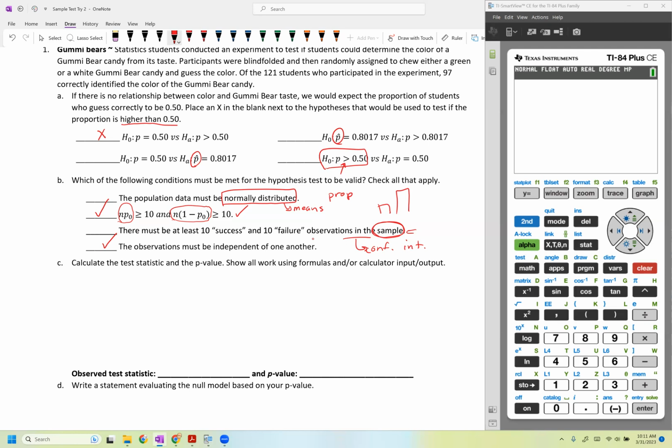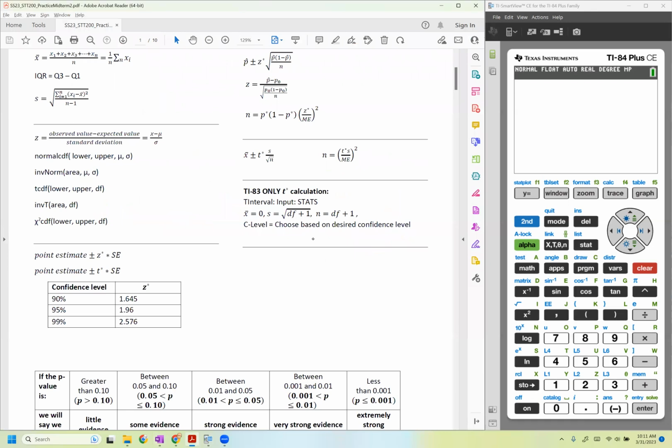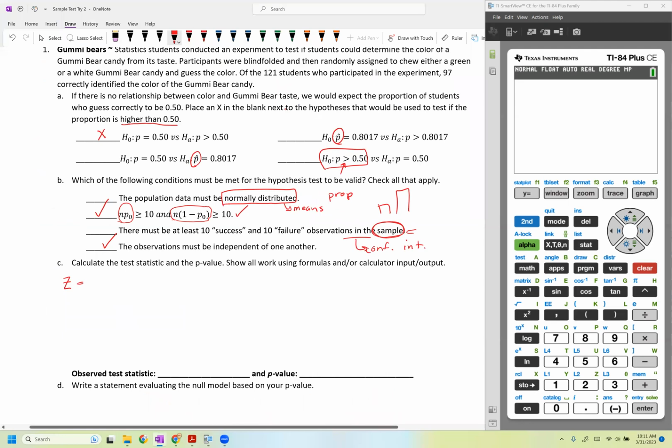All right, so given our situation, calculate the test statistic and the p-value and show all your work. Well, the test statistic in here is a z-value. And by the way, we can see that they actually give us the formula for this. The z-value for proportions is p-hat minus p-naught all over the square root of p-naught times 1 minus p-naught over n. All right, so how does that play out here? Again, it is p-hat minus p-naught over the square root of p-naught, 1 minus p-naught